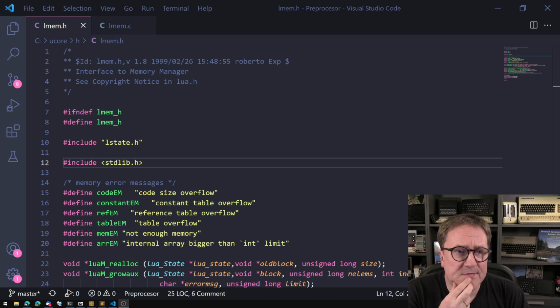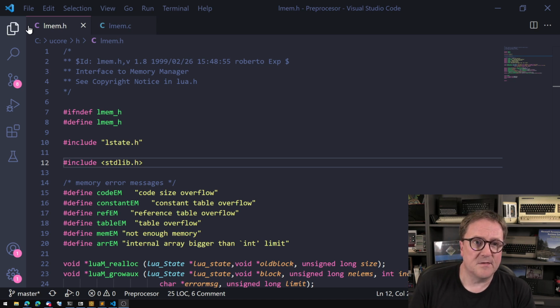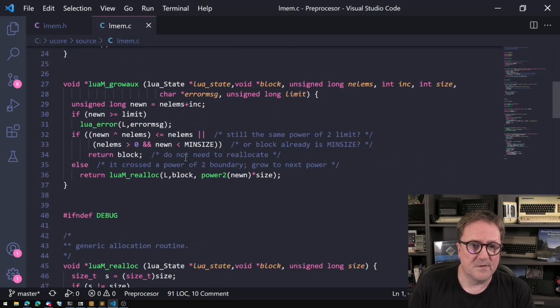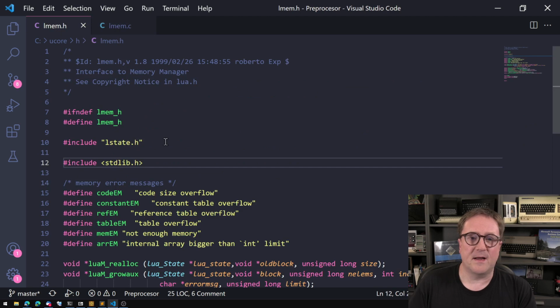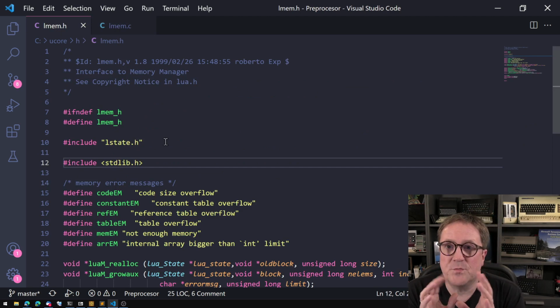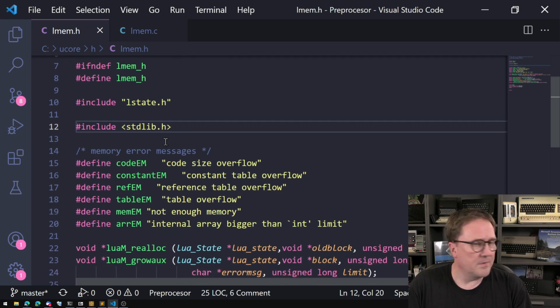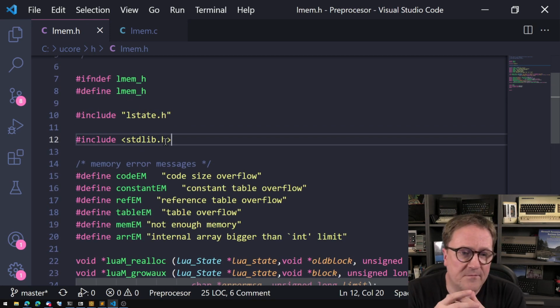I just opened a random file here, and we can see this is the header file, this is the C file, so there's some lovely looking memory management C code here. But if we zoom in, you can see that at the beginning of this file there's a bunch of lines that all start with the